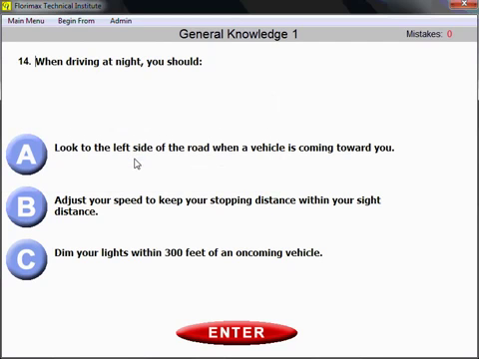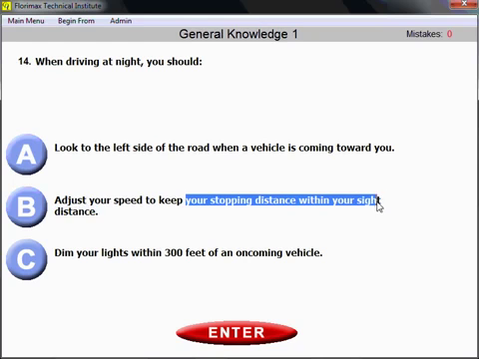Question number 14. When driving at night, you should... What you should do when you drive at night? You need to adjust your speed in order to keep your stopping distance within your sight distance. Within your sight distance. That's how you need to adjust your speed when you drive at night and you cannot